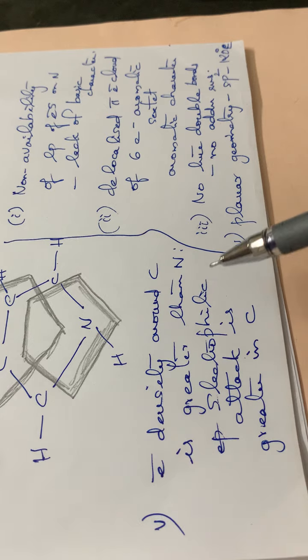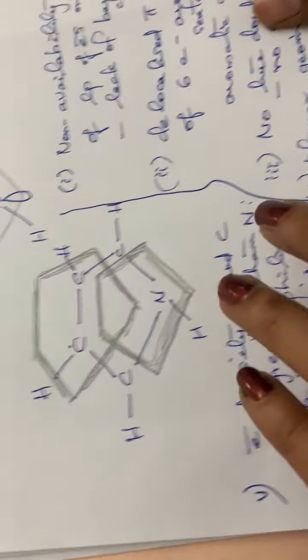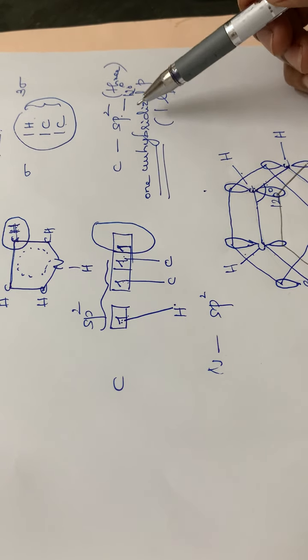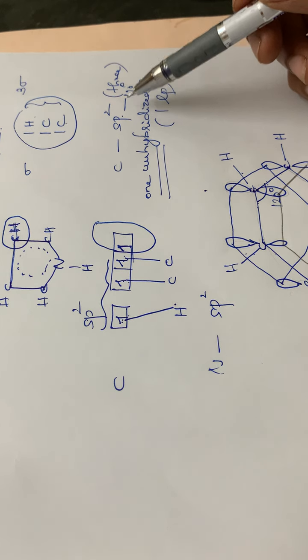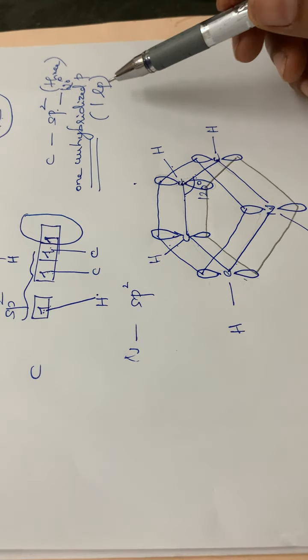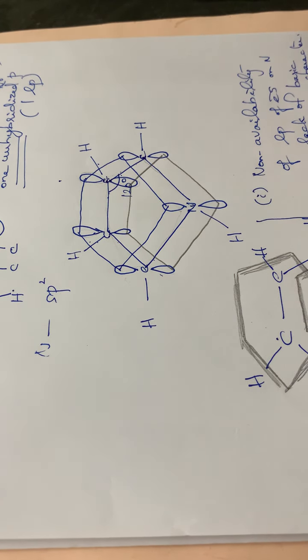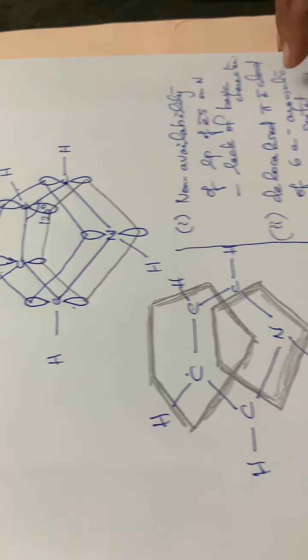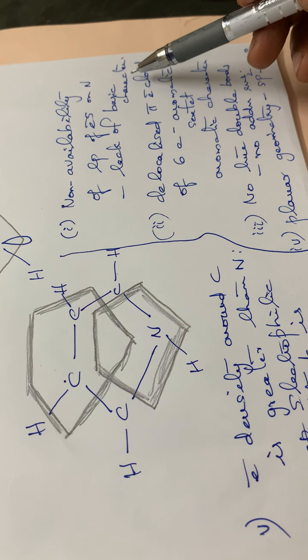Okay. So, this is regarding the molecular orbital concept. So, these many points you have to consider. First of all, you have to remember the hybridization of carbon. Carbon is having sp2 hybridization with bond angle 120 degree and with one unhybridized p orbital having one lone pair of electrons. Then nitrogen is also having a lone pair of electrons. So the non-availability of lone pair of electrons on nitrogen explains the lack of basic nature.